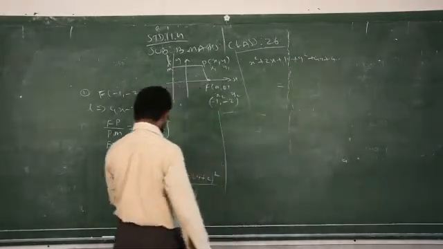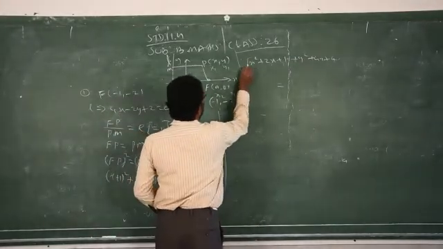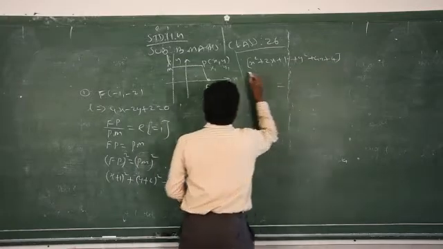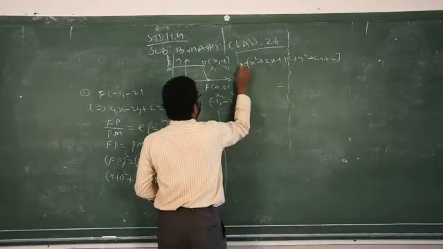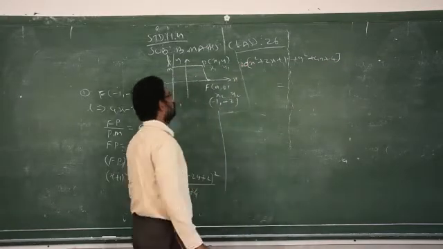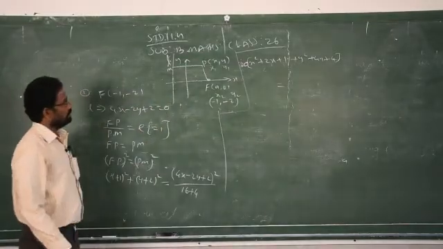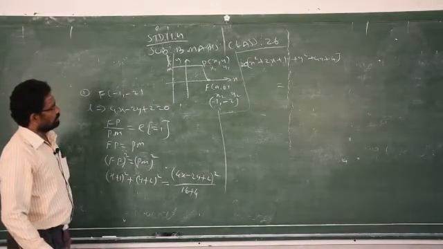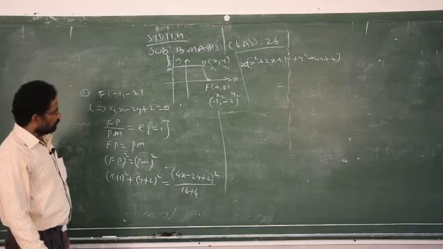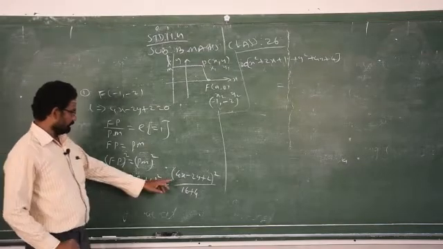This 16 plus 4, how much? 20. You just bring it to the right side. 20 into x square plus 2x plus 1 plus y square plus 4y plus 4 is equal to,